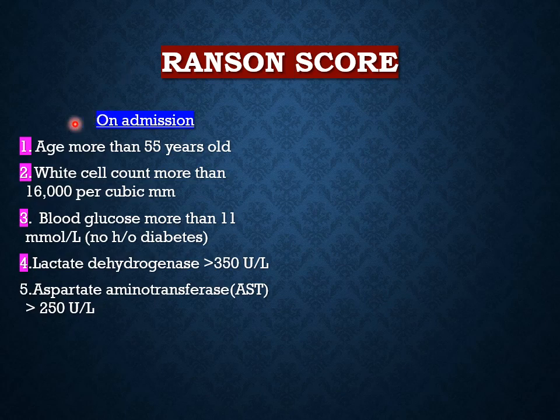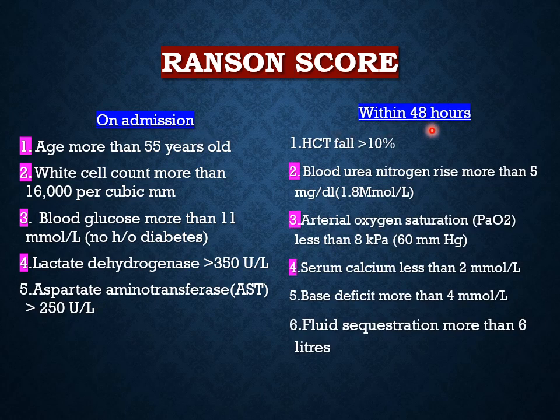Now, to assess the severity, a number of scoring scales have been used. The most common among them is called the Ransom score. The assessment is done on admission and within the next 48 hours since the onset of the pain. On admission, these are the 5 criteria that are taken into consideration: age of more than 55 years old, white cell count of more than 16,000, blood glucose of more than 11 millimoles per liter, provided the patient is not a diabetic,